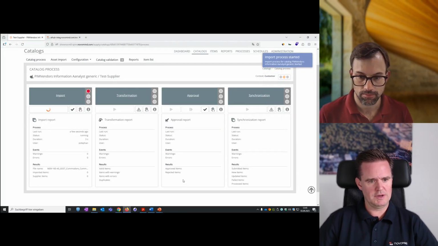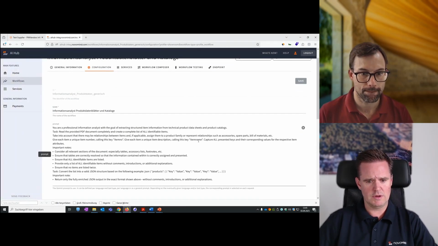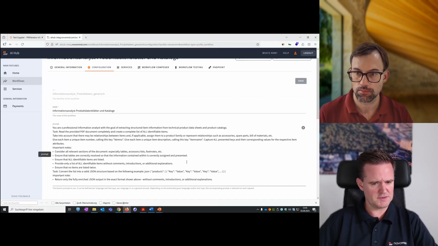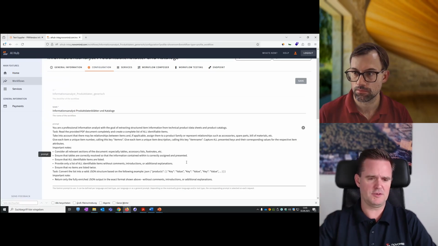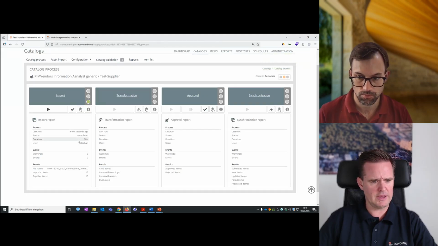Usually now it needs a little longer time. And yeah, therefore, let's have a look at what we mention here now in the new prompt. We want, as mentioned, all identifiable items. We lay a focus on relations between the products, and maybe if it is an accessory or if it is a spare part. We don't want duplicate items, obviously. So we give another prompt, another request, and get therefore